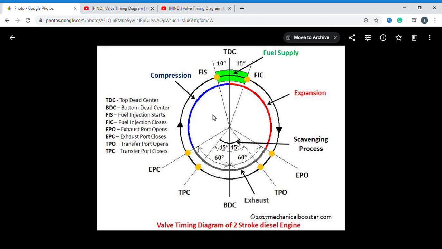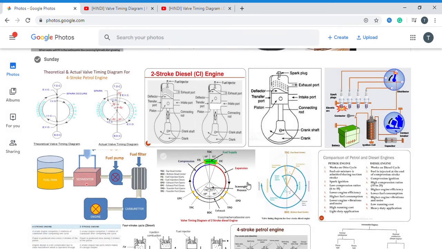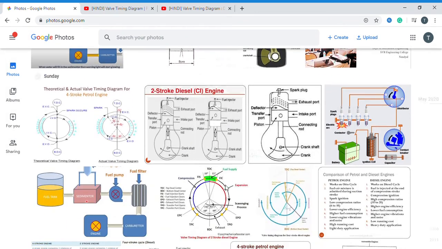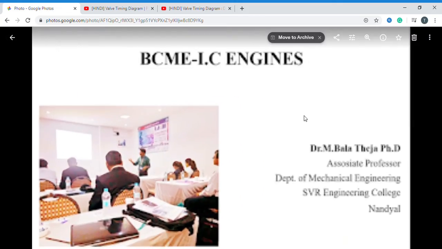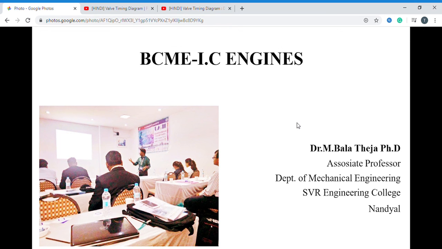Okay, these diagrams are very important. You have to practice very well. Then only will you understand it in an easy way. I think everybody should understand this concept. So this is the complete chapter of IC engines. I have finished it successfully for you in this lockdown period. So you have to be thorough on that.